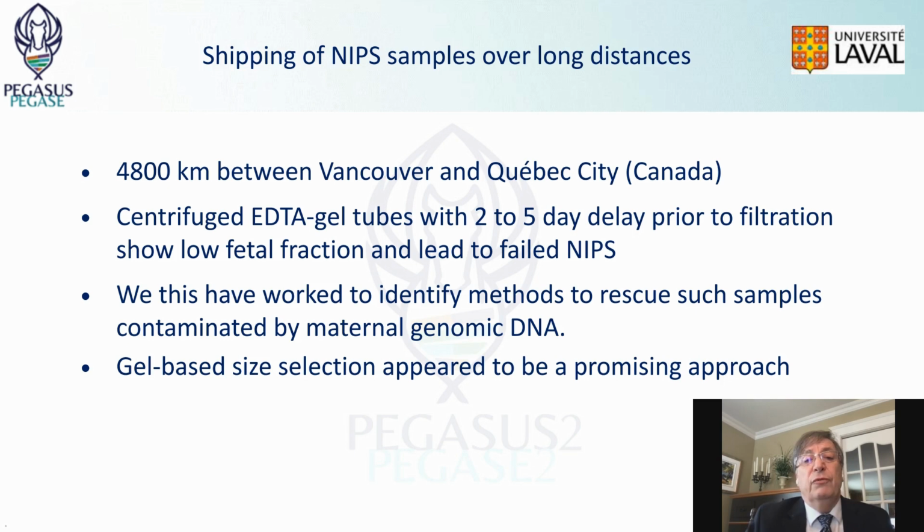The tubes can be centrifuged. In this present study, the tubes were centrifuged immediately after collection, within 6 to 8 hours, and then kept at 4 degrees, sent to the central lab after 2 to 5 days in batches. And this has worked to identify